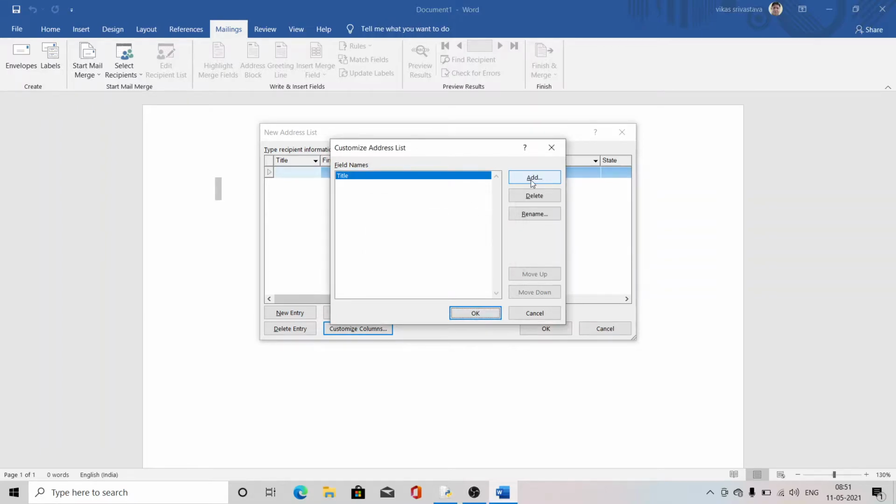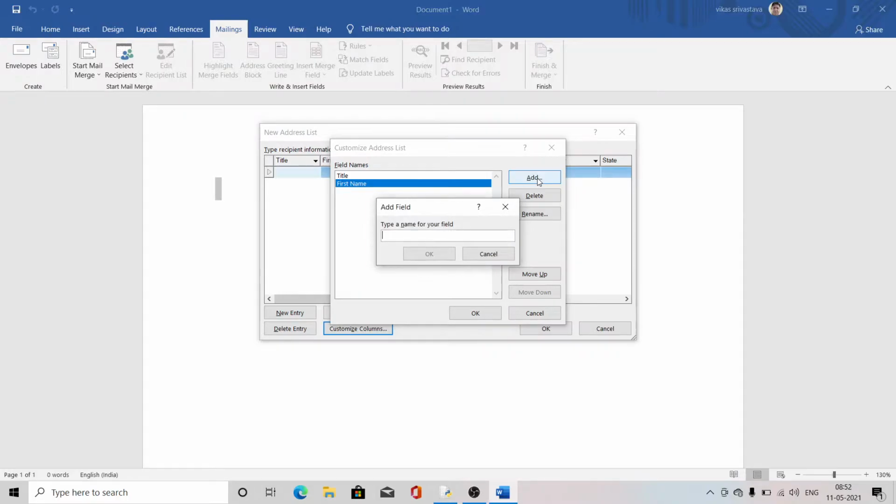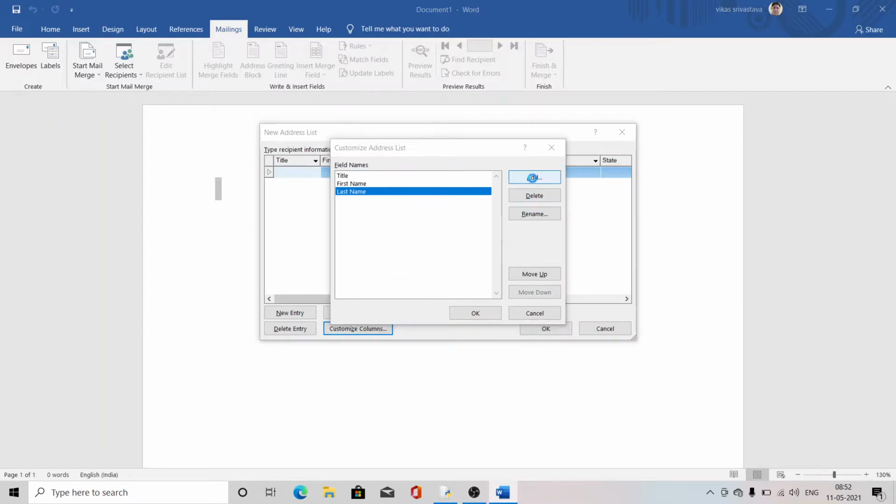So Title I used. Then I need First Name, so I will write here First Name. Then I need to add some more fields. I want to use Last Name, so Last Name. I need to use Designation, in which designation he is working, so Designation.